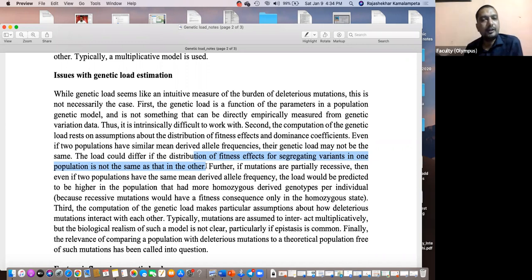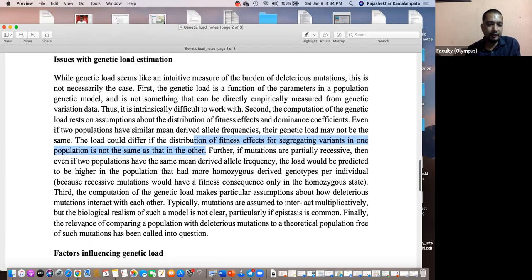Okay, so it's very difficult to compare and understand the populations. And this is just a brief estimation that we rely on to provide us some guidance in understanding the effect of mutations, recombinations, and segregations like that. Okay, so the relevance of comparing a population with deleterious mutations to a theoretical population free of such mutation has